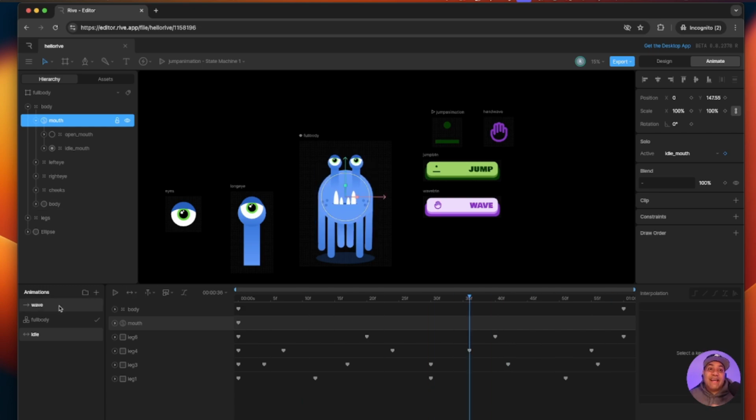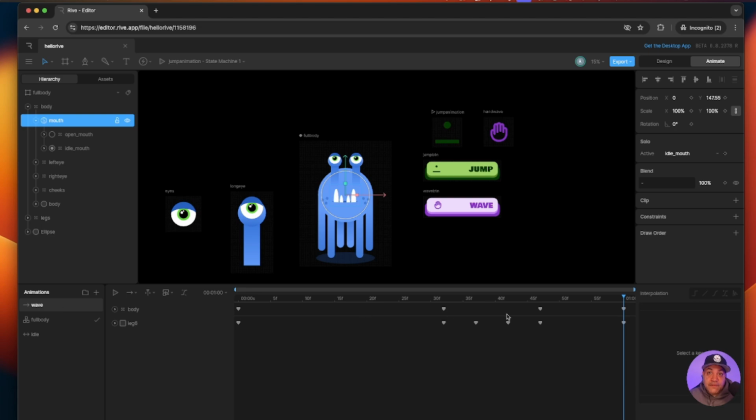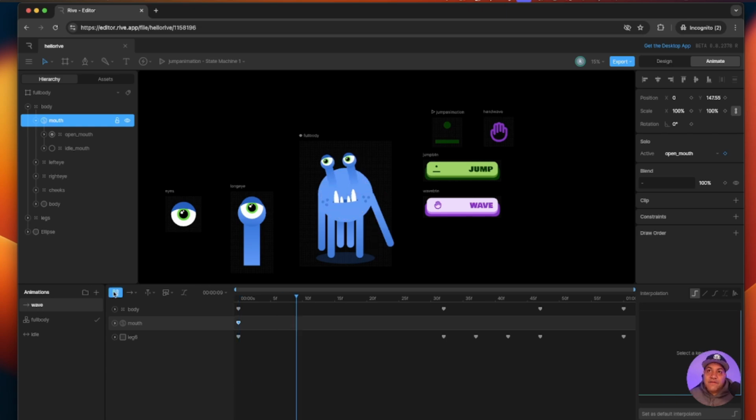Now, if I select the wave timeline and go all the way to the beginning, instead of keying the idle mouth, which is shown right here, I'm going to select my open mouth just by clicking it, and you see it already gets keyed automatically. It is saying that the open mouth is the one that is going to play throughout this timeline. So if I hit play, now you see that when I waved, the open mouth animation